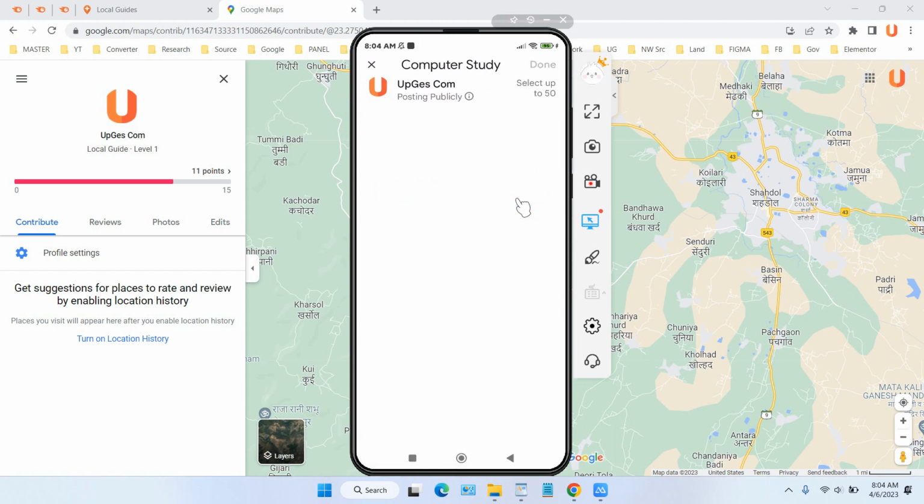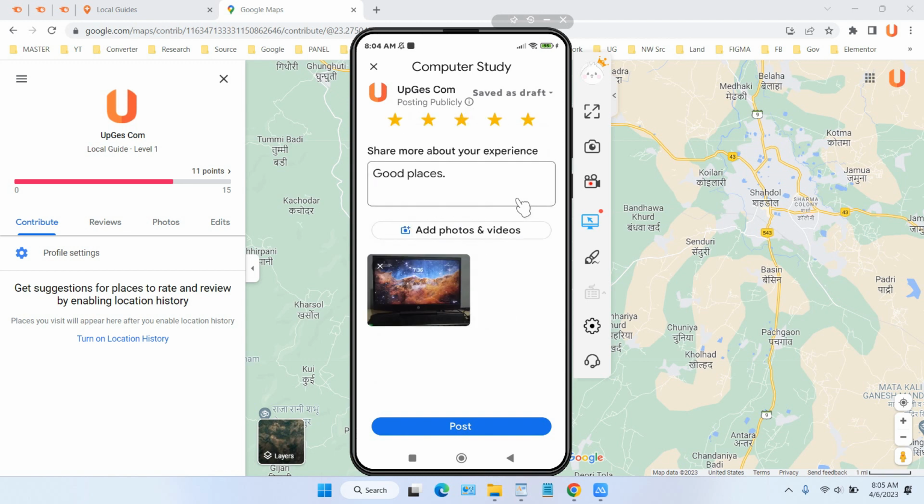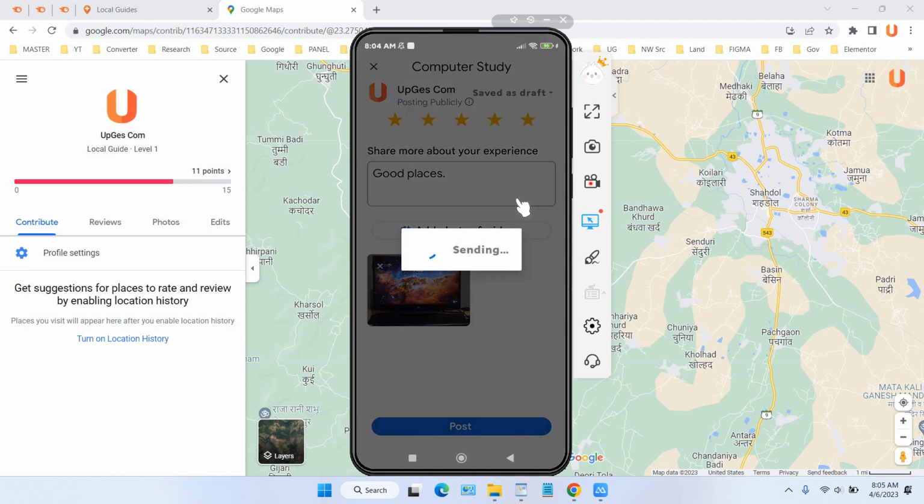This is just for example, and you must post the photo with a real place. If not, Google may reject your reviews in here. Okay, this is the description about posting publicly. Just click this and click post in here. This is just for example,